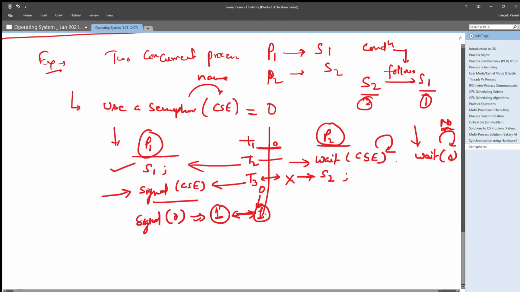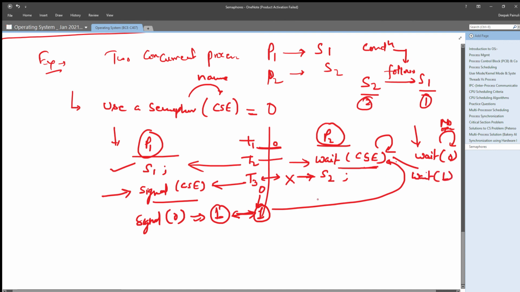is incremented to 1. Now when the value of semaphore is incremented, it is still checking the value of semaphore. Now after this statement, the CSC value it will get as 1. That means now the wait on 1 will be performed.